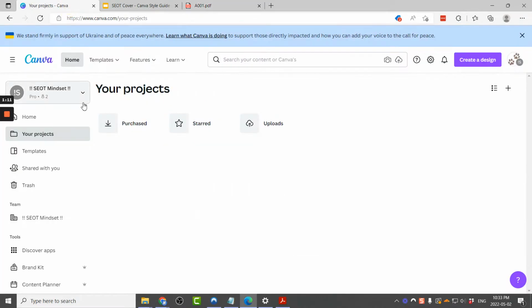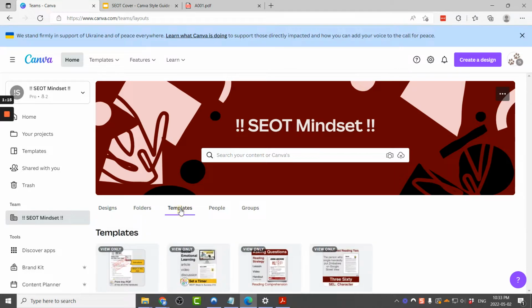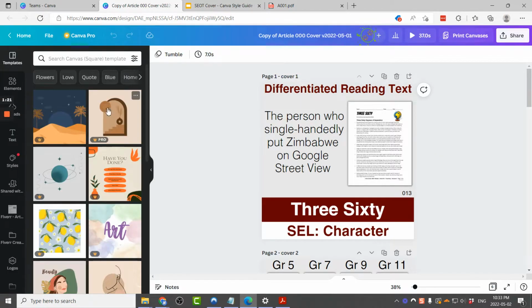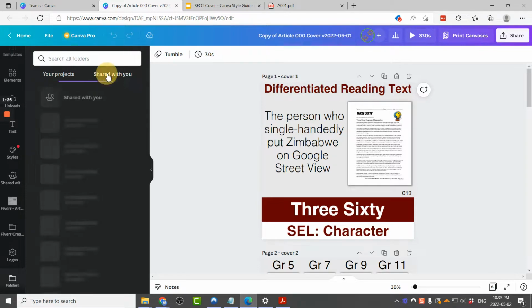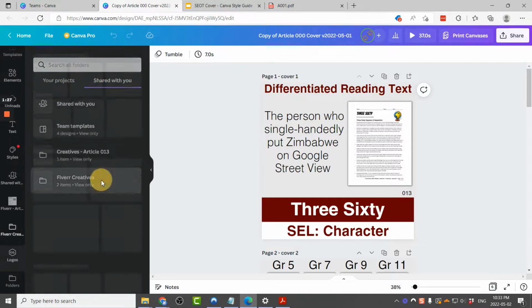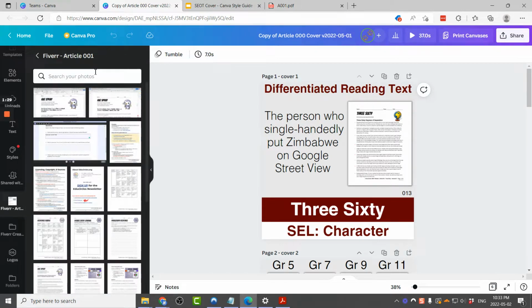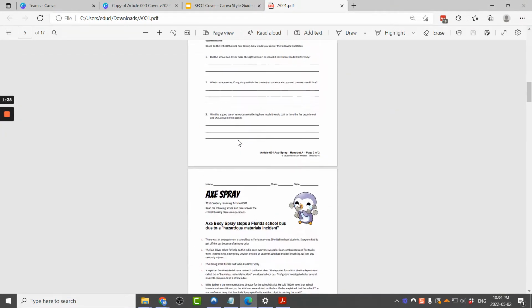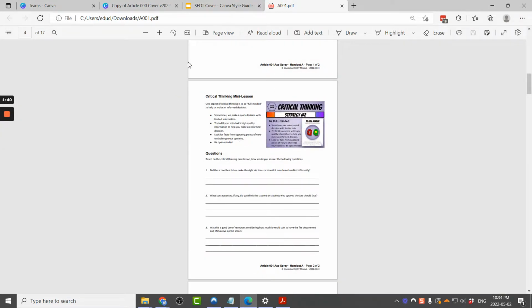All right, so I will share access to my SEOT mindset. There will be a template. In this case, I'm going to create a cover. That's the first thing. So I'm going to use this template. And in this template, if I scroll down to folders, I will have shared with you creatives, and this one is article 1. And the shortcut I know is I can type in the numbers here in the search bar. Okay, so I have to place the front cover here, and oh, I don't,